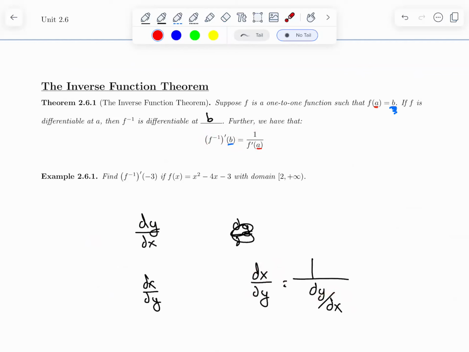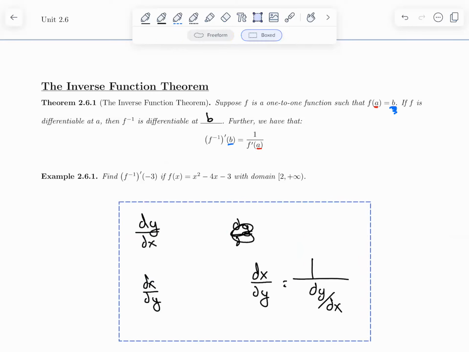Fascinating. Leibniz, like the rest of Europe, was able to figure it out much quicker because of that thought. That's not 100% true, once again, because dy dx is not actually a fraction, as you'll find out in 283 and beyond. But you can think of it that way in a lot of circumstances, and that allowed them to figure this out. And once they started dealing with multivariable functions and realizing that dy dx wasn't actually a fraction, they knew that it was true, so that helped them figure out how to prove it for the multivariable case. So super fascinating in my opinion,